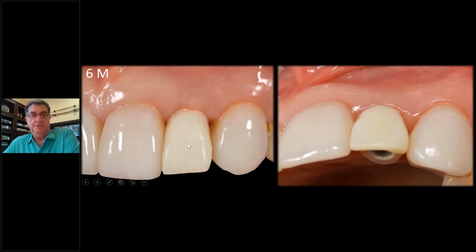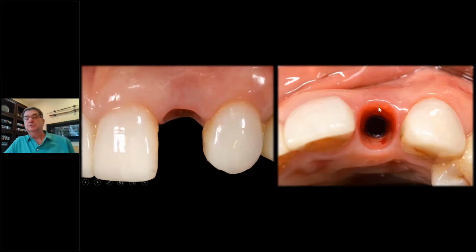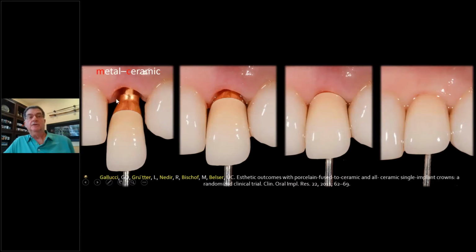She was thrilled. She's sent other people to us. That was not perfect, but the lateral was normally depressed anyway a little bit compared to the centrals. As you know, it's a little more powder. But this is more than enough tissue to do what we need. You take it off, look at that extra tissue. The graft is in there, everything looks good. And then Steve made the final crown, it's gold plated, ceramic metal, screwed down, right down to the implant. And here's the final crown in place at 6 months after the grafting.